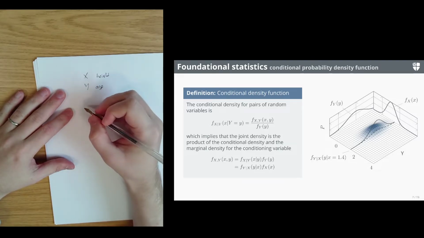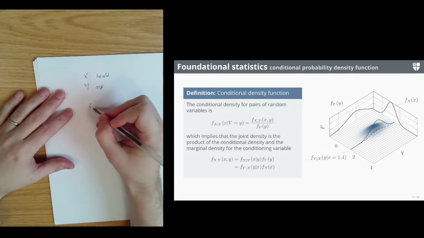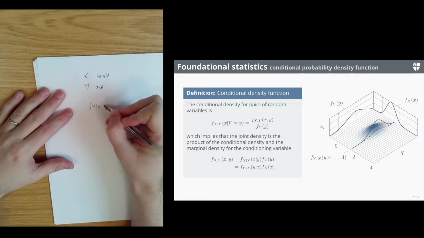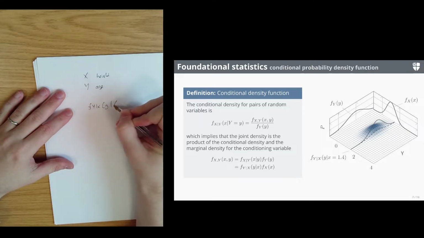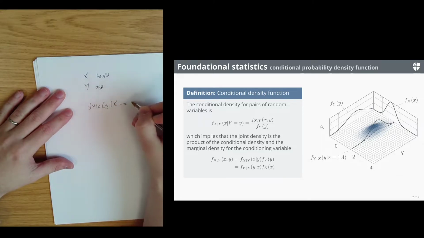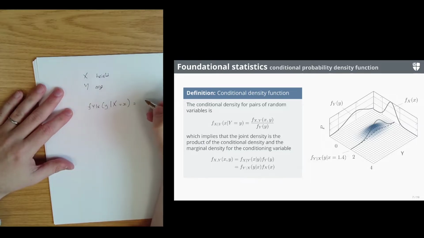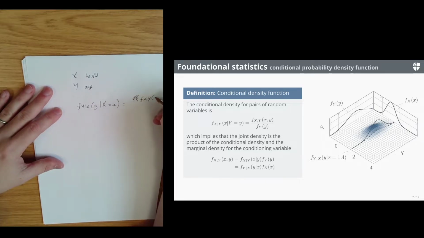We ask the question, what is f of y conditional on x? So we would say y given x, the random variable x taking on some observation, and this, according to the definition, is equal to the joint density of both random variables, so f of, sorry, I've done this wrong. F of x, y. I'm doing the full no abuse notation here for the marginal f of x, and then we would say,